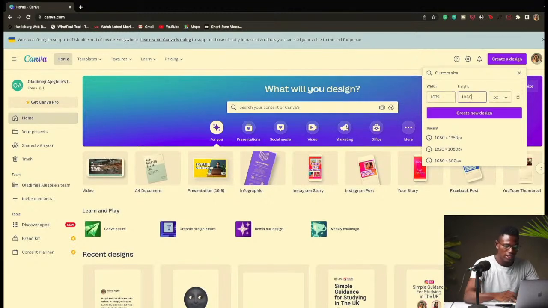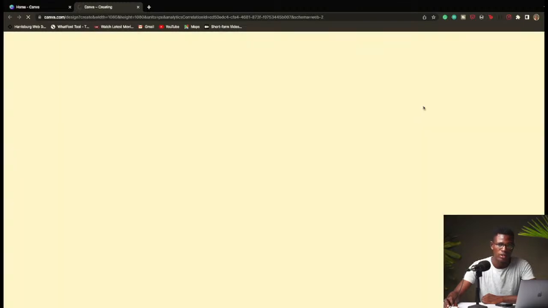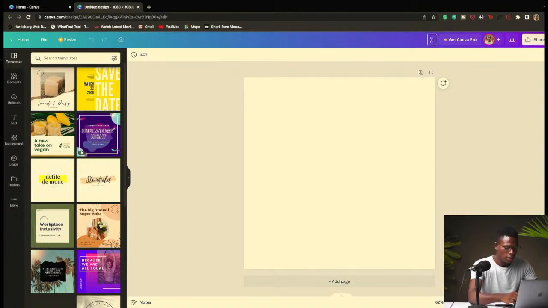I'm very sure under design assets, you must have been told what this actually means, and then you can check pixels, inches, or whatever it is you want to go for. So we go for 1080 by 1080 design, and then you go ahead and create your design. Now on desktop, automatically Canva creates a new tab for you. So you can go ahead and rename your tab at the top right corner and say OE Design with Us, or just